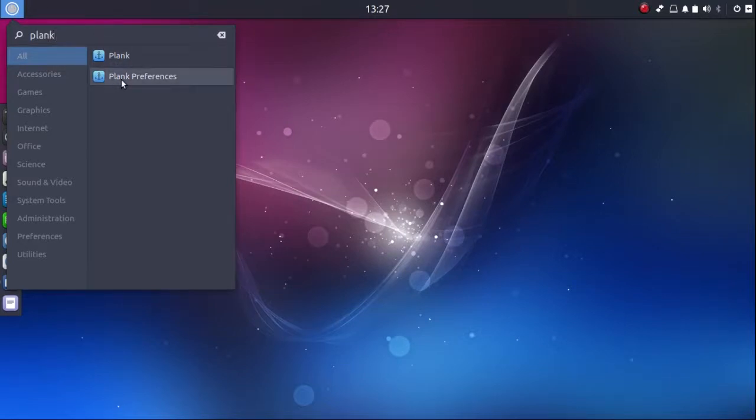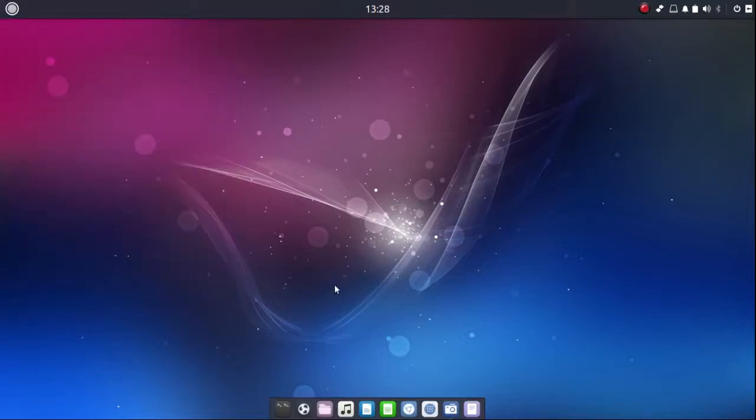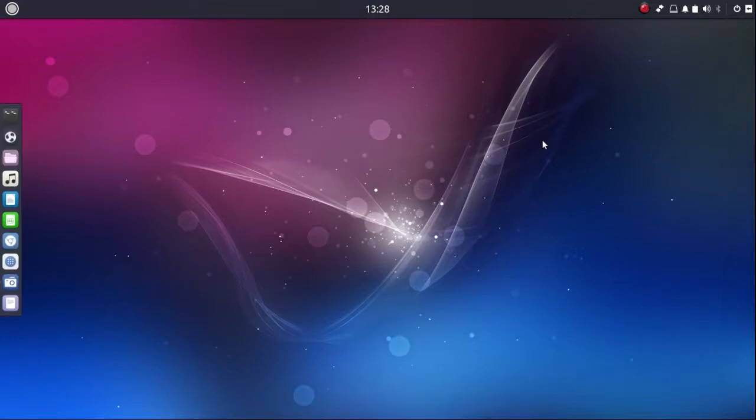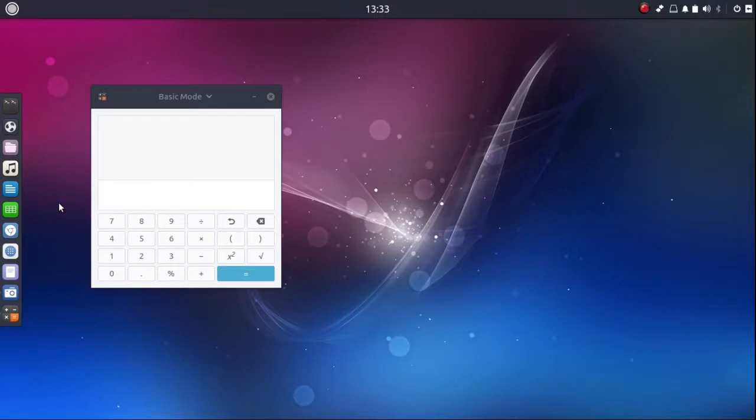Using plank preferences. Here I've moved it to the bottom and enabled icon zoom. But I'm going to leave it over at the left. Now when an application is open